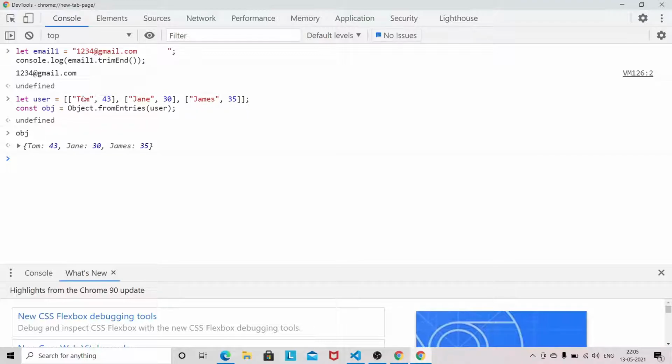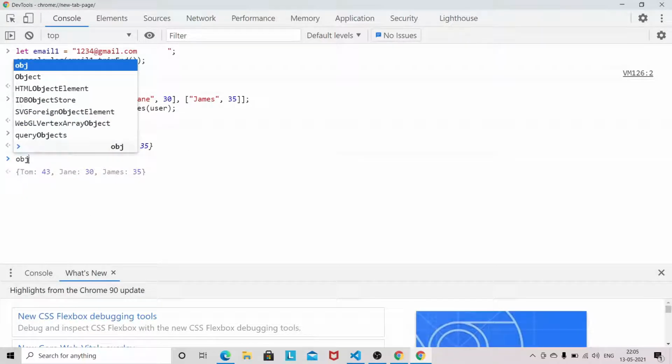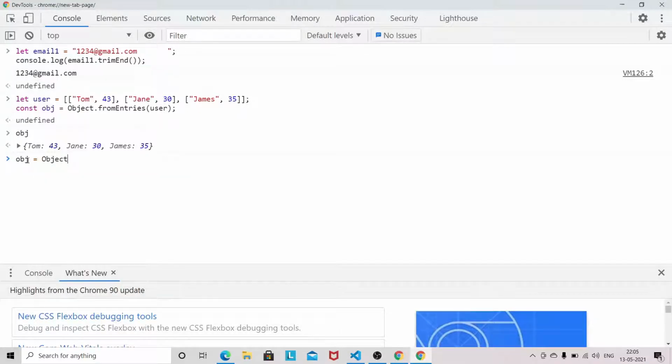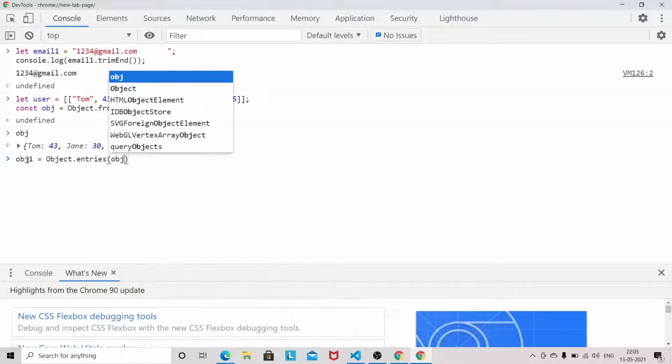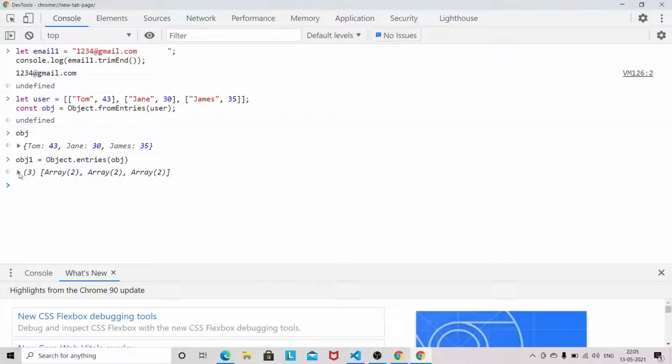In order to convert back into this format, you can also use Object.entries. Sorry, const arr = Object.entries(obj1). This way you can convert back into this form.